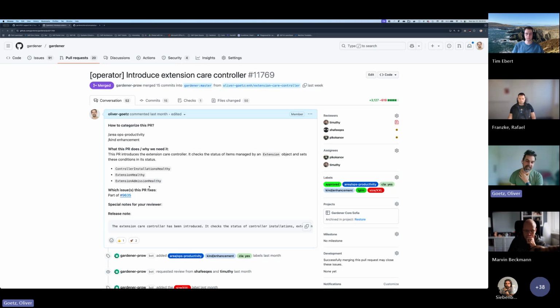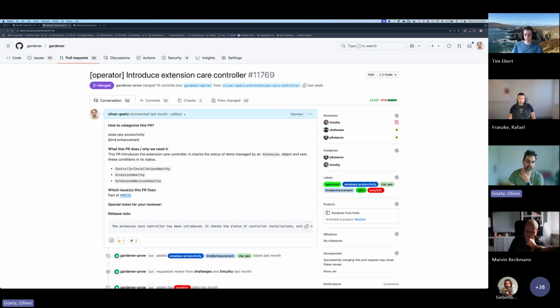And one of the last steps here was creating an extension care controller. The extension care controller is doing similar things to other care controllers like shoot care controller, garden care controller, or whatsoever. It checks the status of items which are managed by the extension, and